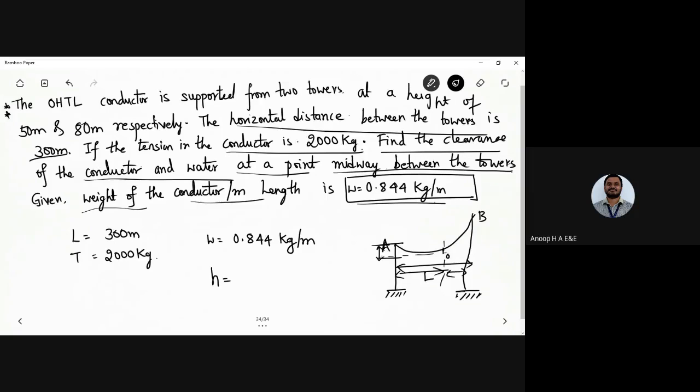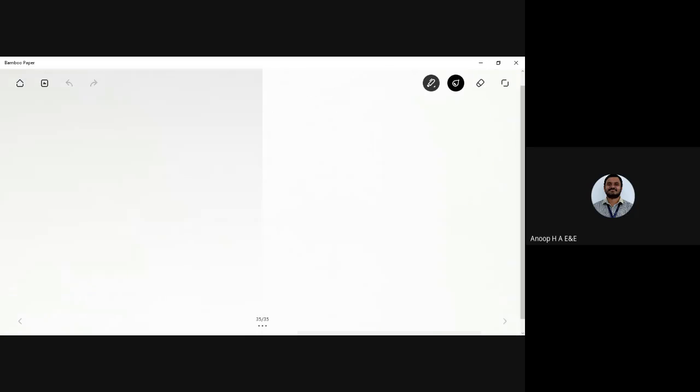Yeah, exactly. So how is it 30? Difference of the heights. Okay, difference of the tower heights, which is 80 minus 50. If you take the difference of the tower heights, that would be 30 meters. Now you know how to find x1 and x2. Calculate what is x1 and x2.